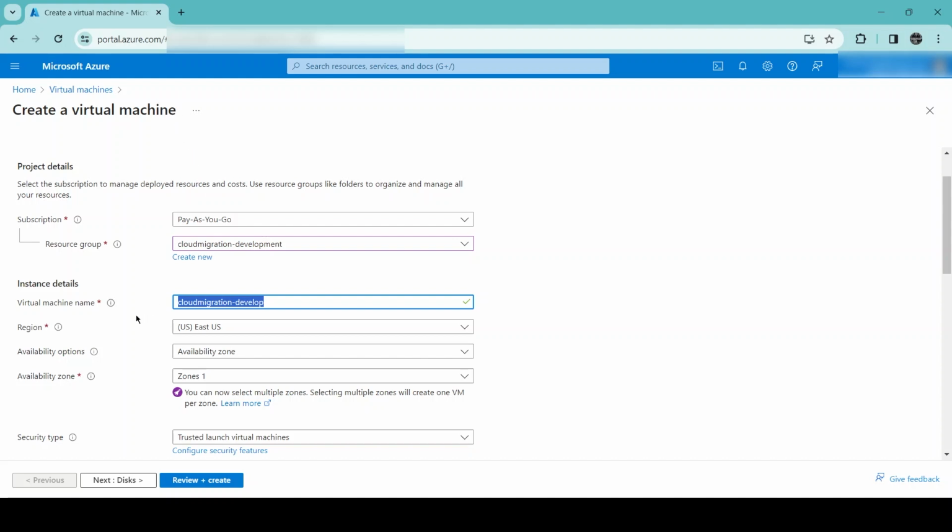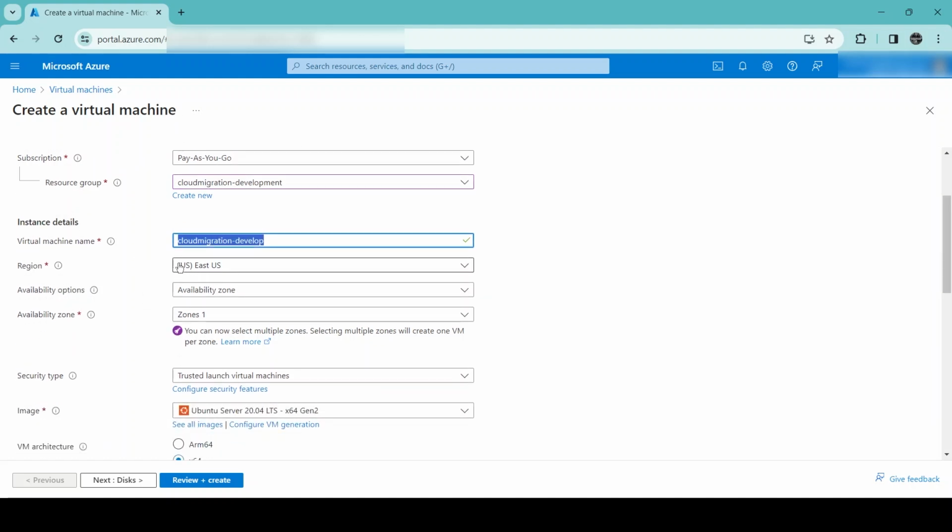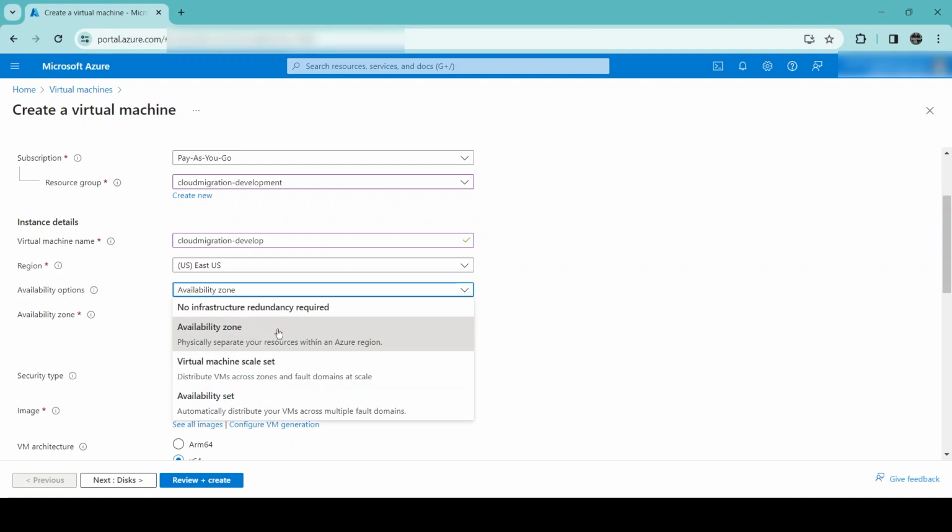So that is about the virtual machine name, and for the region I am selecting the default one, which is US. There are some availability options, so I am just selecting the availability zone now. Basically, what does this availability zone mean? It's physically different zones within an Azure region. You can say it is like different data centers in an Azure region. Similar to that, there is virtual machine scale set. That means there are